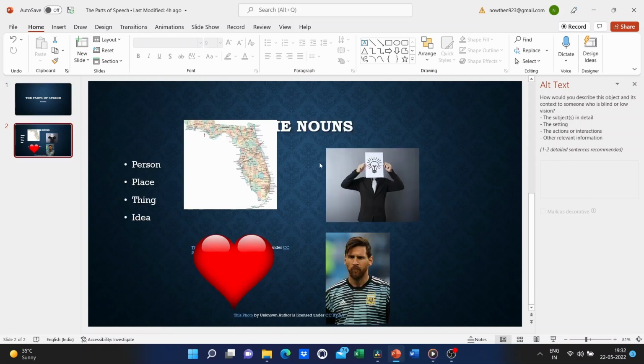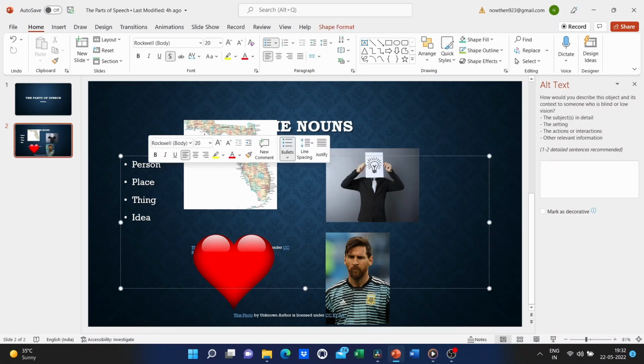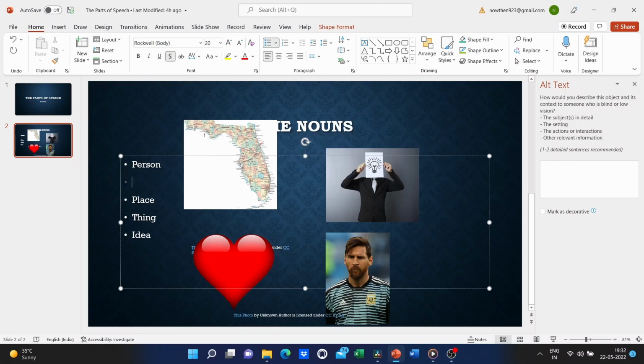First off, it might be a good idea to separate these words so that there's space a little further apart. To do that, I can just click after person, hit enter, and notice it wants another bullet there. But if I hit enter again, then it doesn't, and I can also hit backspace or delete to remove the dot. So I'm gonna do that a couple times. I'll probably run out of room, and I did run out of room. So did you see what happened? The fonts of the words got smaller.